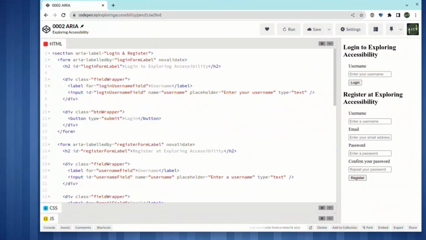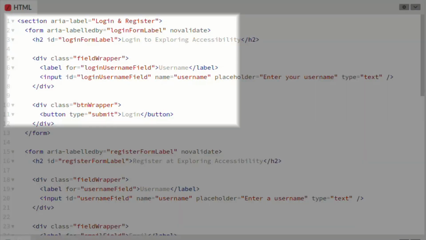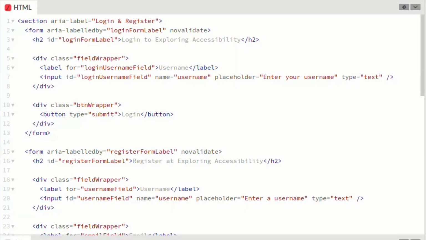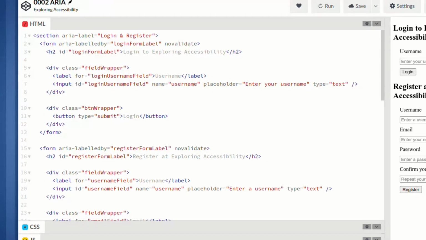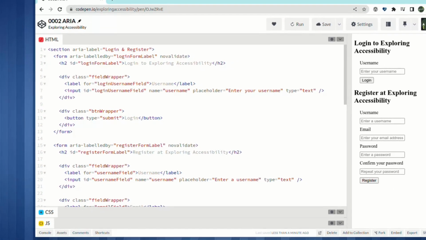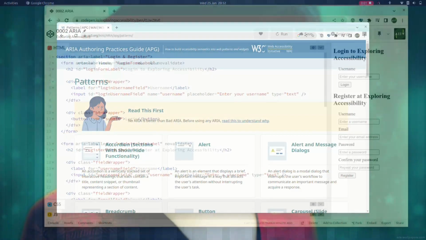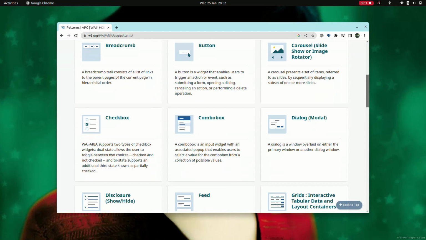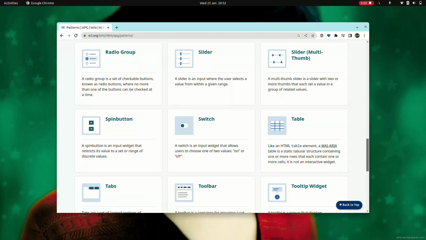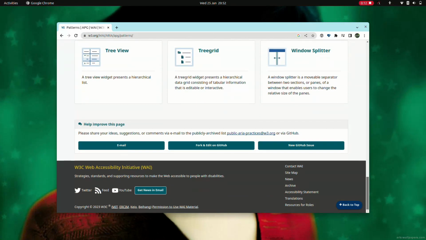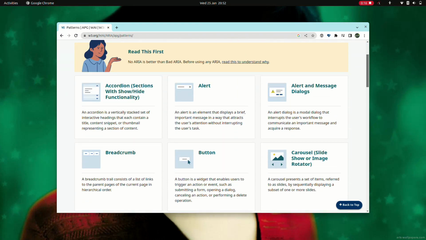First, see if there's a semantic tag or attribute available that you can use. Many tags already have roles like button, H1, and section. They also have inbuilt semantic meaning and functionality for assistive technologies. Assuming there is no semantic tag available and you need to use ARIA to make a component, you can find examples of different roles on the WCAG Authoring Practices Guide website. This is the first place to go when building new components to make sure they are built in an accessible way, as the APG contains examples of how to build components with different roles, as well as listing any attributes those roles require and their expected keyboard controls.